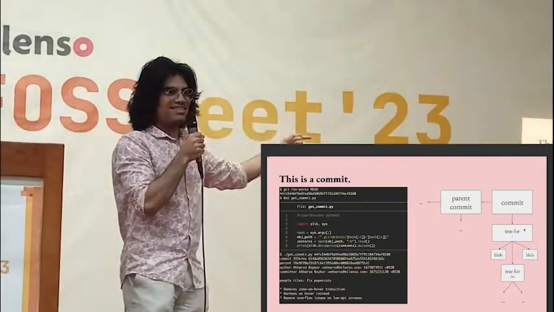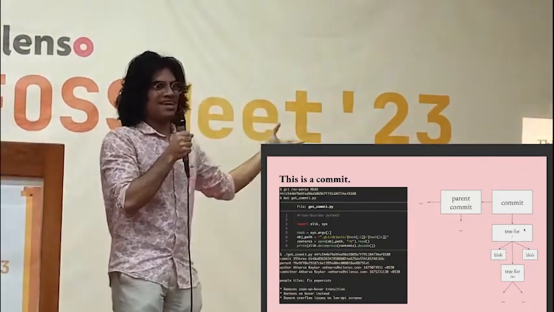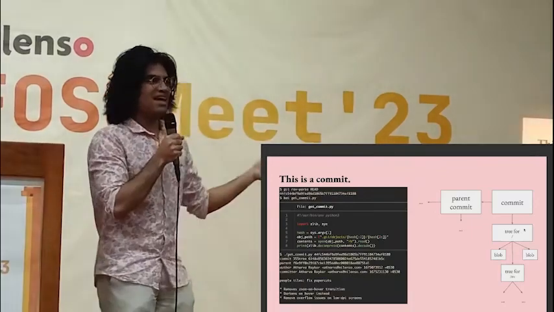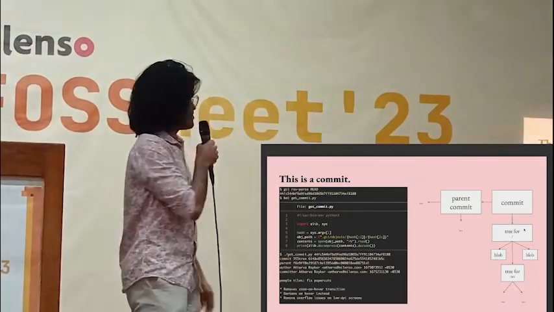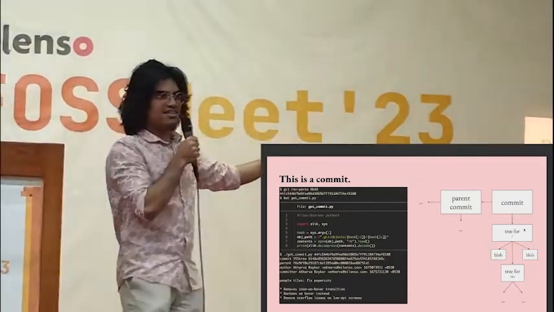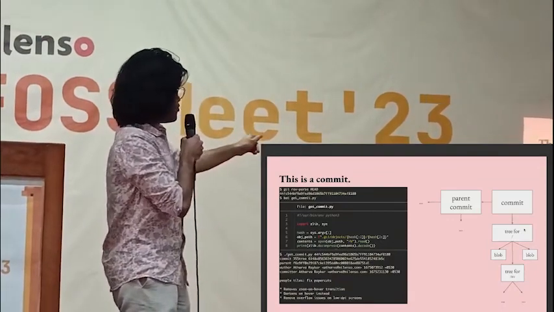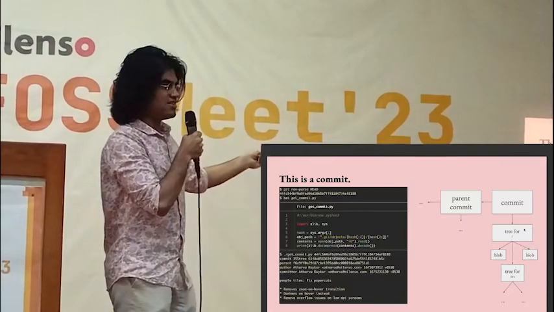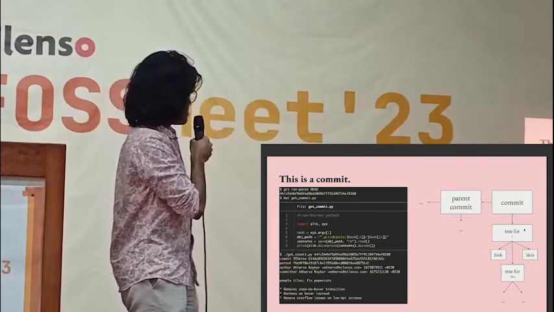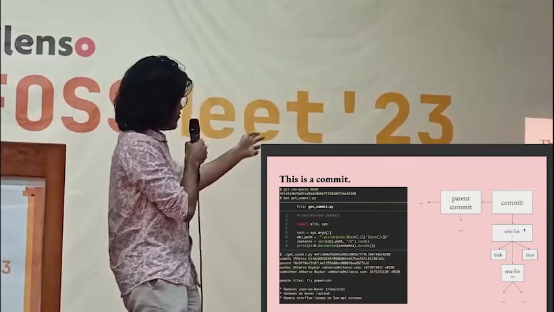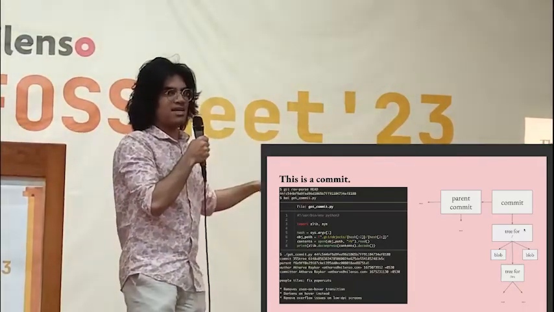If you noticed, the code to get a blob and a commit object is exactly the same. I open the file using the hash I have, I decompress it with zlib, and I just print it out. And a commit object is literally that, right? It's like a text file. It says commit followed by the number of bytes, to know what kind of an object it is and how big it is. And it has some information, tree followed by a hash on the first line, and some author information, and below that, that's the commit message that you supply to Git